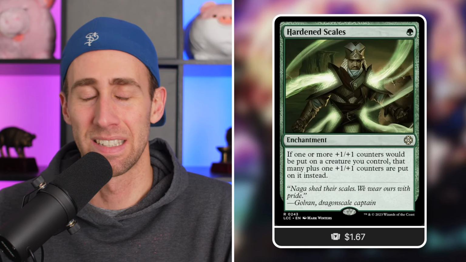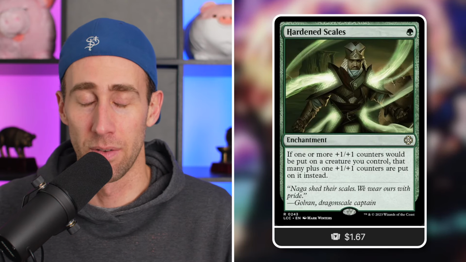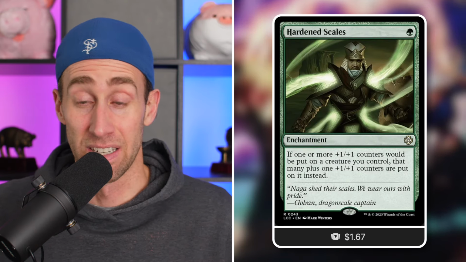Next up, Hardened Scales. If one or more +1/+1 counters are put on a creature you control, that many plus one are put on instead. Essentially, doubling it up for just a single mana, again without landfall, is very nice. And when you are doubling, you're adding an extra one on top of that to really skyrocket yourself. So it's very, very effective, obviously, but